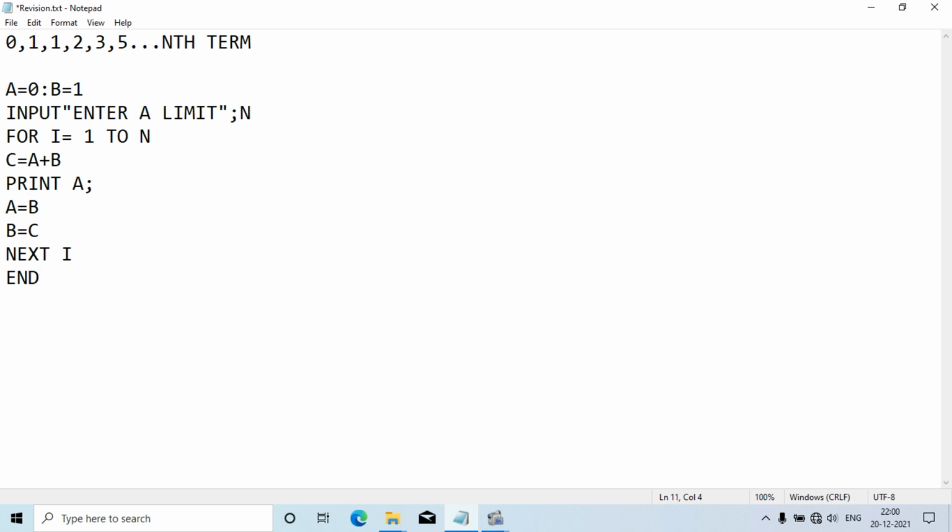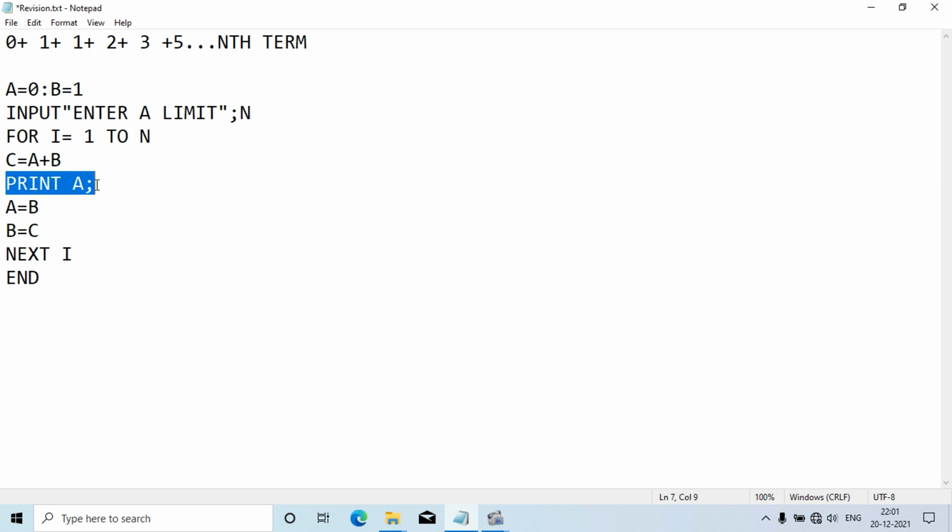Now if I make some changes in the question, I already told you this comma is going to print the series. What if I remove this comma and put a plus sign? See here, I am putting a plus sign in place of the commas. Then if I write a plus sign, it is sum of series. It means I need to generate the series, then I need to add the terms. So instead of printing the series inside the loop, I'm going to just add the terms. It's a simple thing.